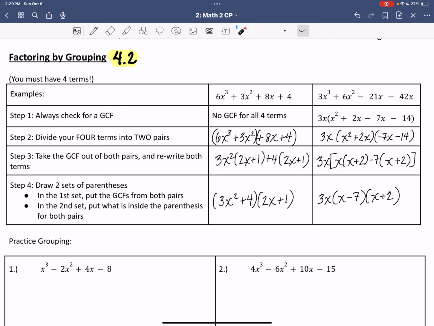If you were to look at 6x to the third and 3x squared, their GCF, and I'll do this in hot pink, is 3x squared. And if you look here at 8x and 4, their GCF